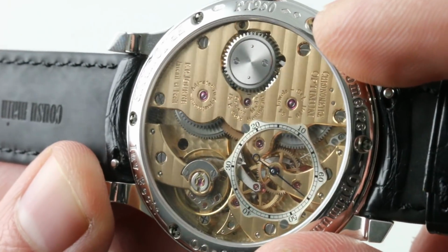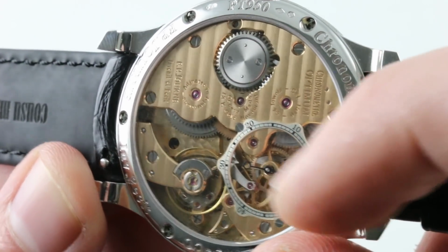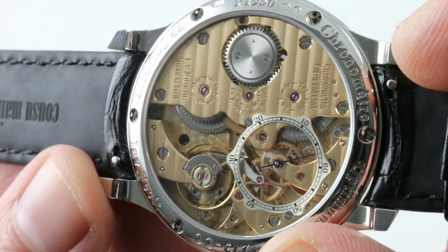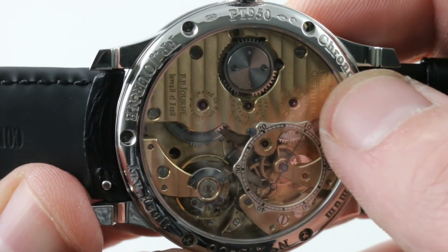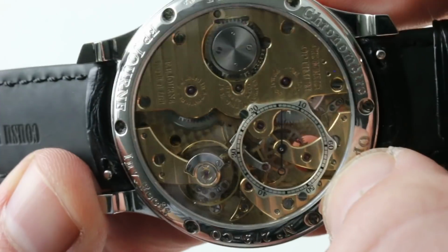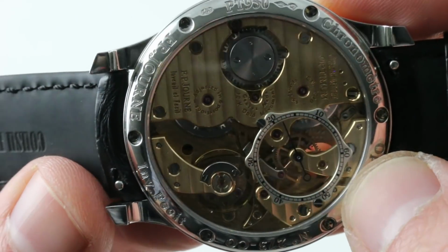The bridges and the plates are all made of solid gold. You will note 18-karat rose gold bridges, 18-karat rose gold plates. The screws are all black polished with chamfered slots, and the edge of every bridge features a mirrored anglage. You can really see those edges lighting up. Their mirrored hand-finished bevels or chamfers are most apparent when you turn the watch away from the flush position. So flush to the camera, you can't see them, but when you turn away, you start to see those glowing